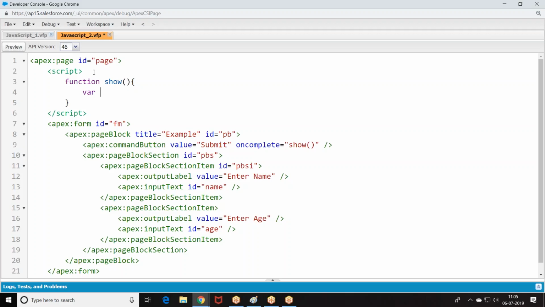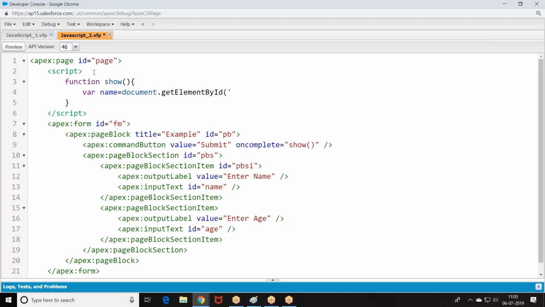Now, var name equal to document.getElementById. JavaScript is case sensitive. JavaScript doesn't have any compiler, it's an interpreter.